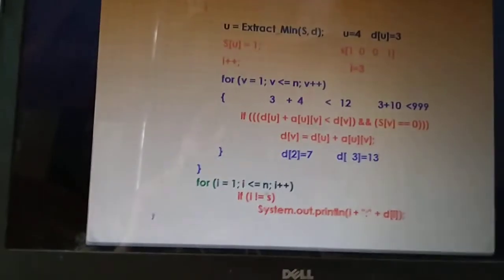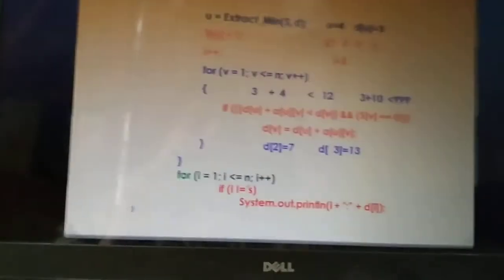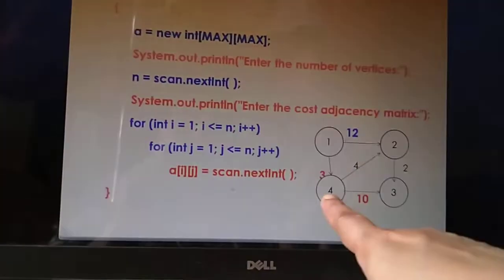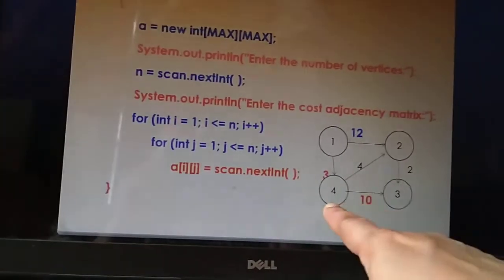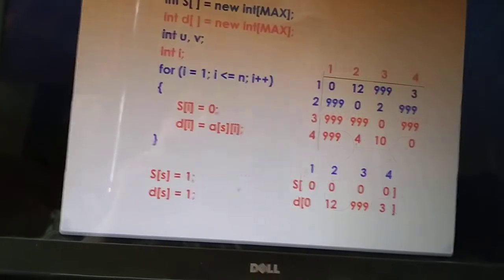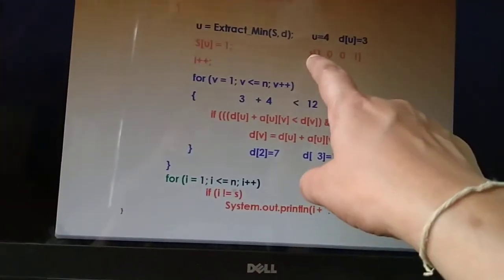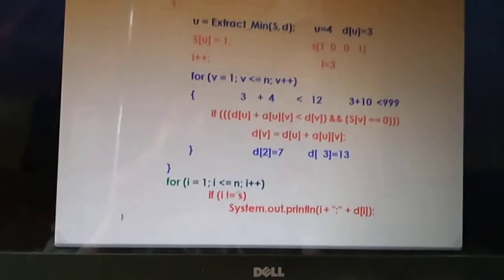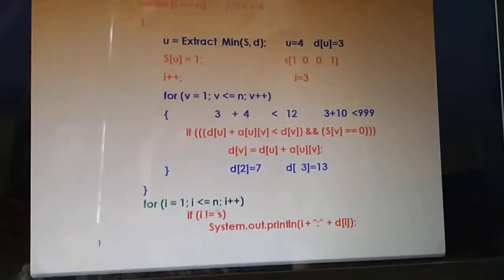Okay, after that one, immediately you make that fourth vertex a visited vertex. Because now this vertex is visited, no? Once I select this particular edge, this is also a visited vertex. So that is what we are doing here. Make this also visited and this also a visited vertex. Vertex 4 is also visited, vertex 1 is also visited.